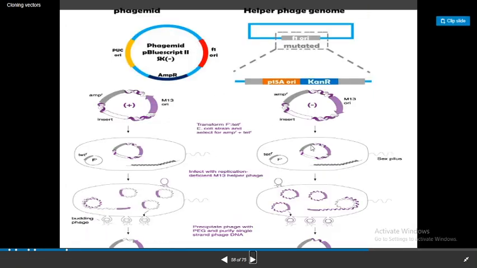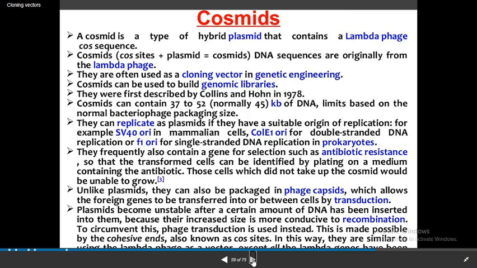This is the process of how it is passed into the E. coli cell. So you can see the multiplication. See the phasmid, see the F1 ORI site and the pUC ORI site, then the ampicillin resistant region. This is the structure of a phasmid. The F1 ORI site is for single stranded DNA. This has been transported into our E. coli cell. This is how the process is happening.